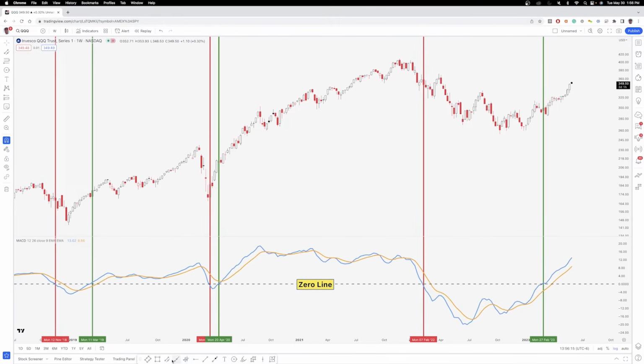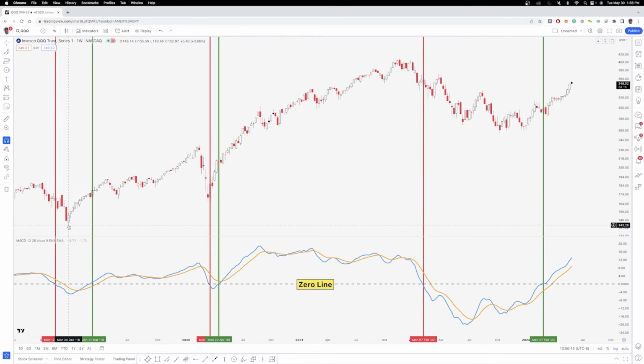So for example, here you can see that we crossed below the zero line on the MACD, and then 3 weeks after, because we are looking at a weekly candle, you'll see here that we had this pretty defined bear flag. So one, you've got the breakdown of the MACD below the zero line. Two, you've got this bear flag forming, and then you've got the break to the downside. So a pretty strong move. You ended up getting the signal down here around 167,